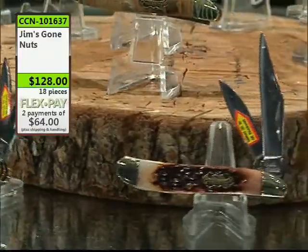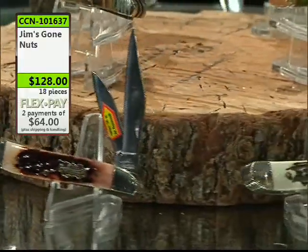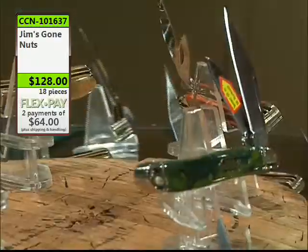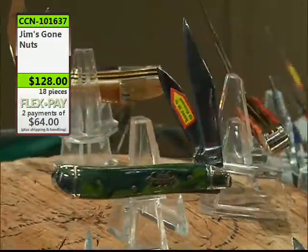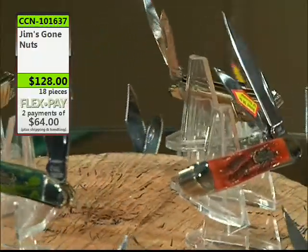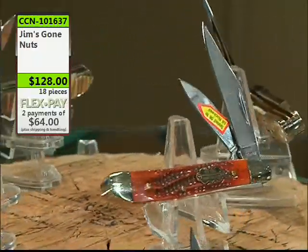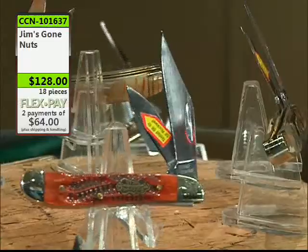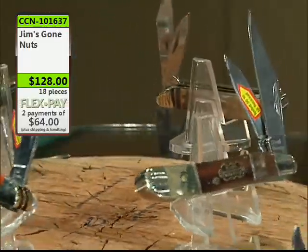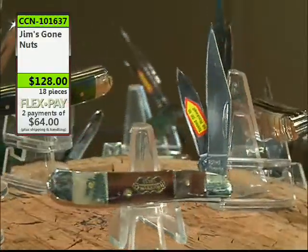Then you're also getting ram's horn, red pig bone, red, white, and blue smooth bone, and stag bone rosin in the peanuts. Folks, that's a whole bunch of peanuts, and we set up 2 different payments for you. So what you do is you'll pay $64 on the first payment plus freight, and then about 30 days later, there'll be another one come by. We call it Jim's Gone Nuts,